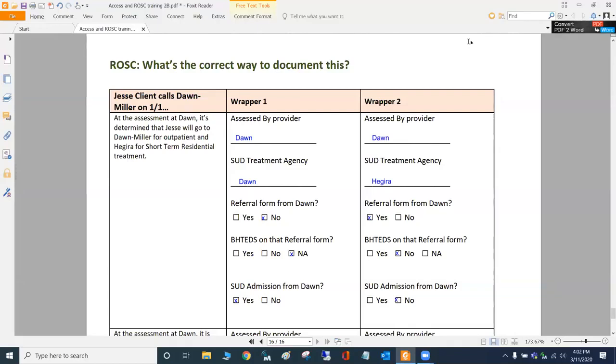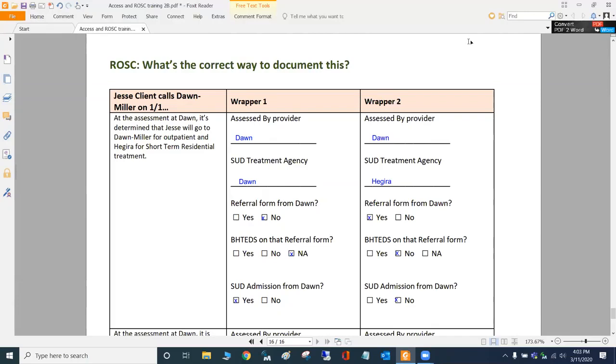Hi, this is Rebecca with Livingston County. If we're authorizing someone to go to Dawn Farm for, say, detox and residential, would we enter 2 wrappers because the 2 locations have different providers in our authorization, or does Dawn Farm do a transfer and we just make 1 wrapper for the detox? It's a great question. You would do 1 wrapper for the detox and then Dawn could transfer them. If they're going to one provider for treatment, it's one wrapper, even if it's separate services. Okay, thank you.